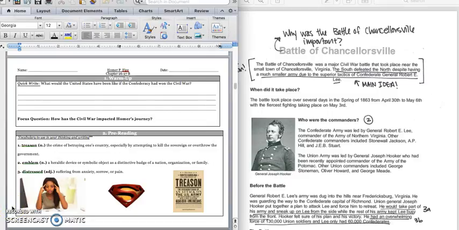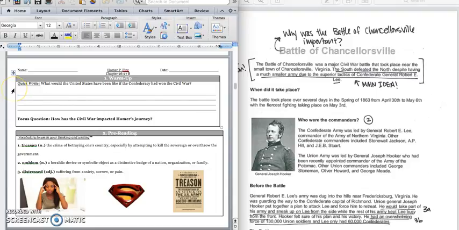Good morning, 5th grade. Today we're going to continue reading in our Homer P. Figg text, but for Playposit today we have an article about the Battle of Chancellorsville. And Homer mentioned this battle yesterday in chapter 26, and it's going to come up in chapter 25. It's going to come up again in our reading today. So we want to know just a little bit more about the battle and why it was so important.